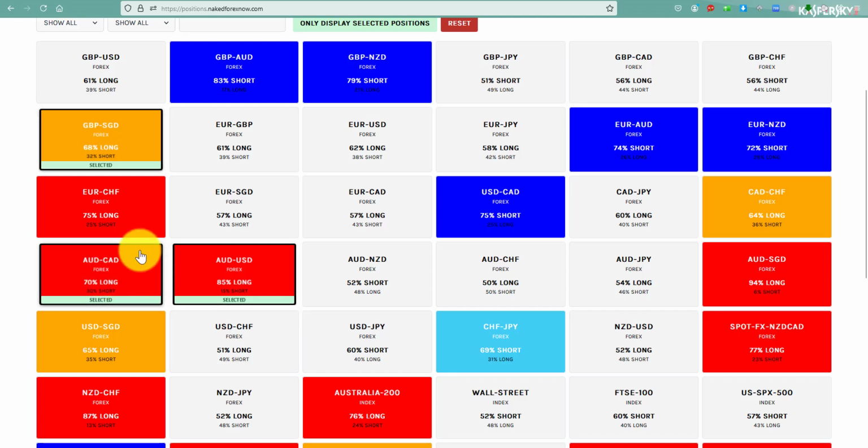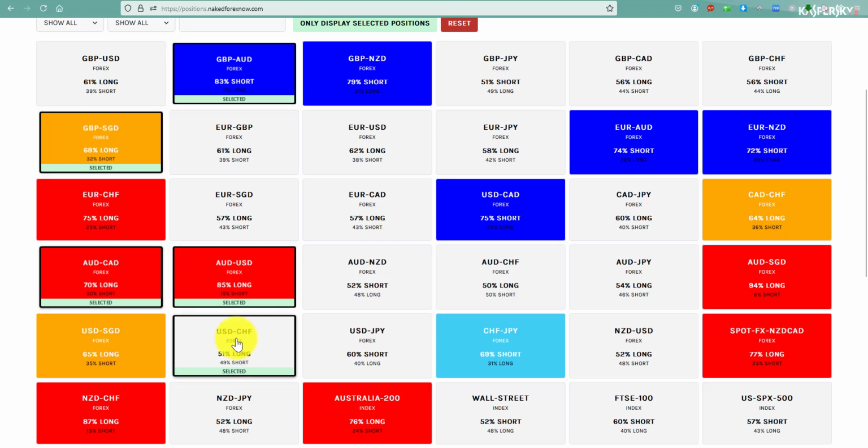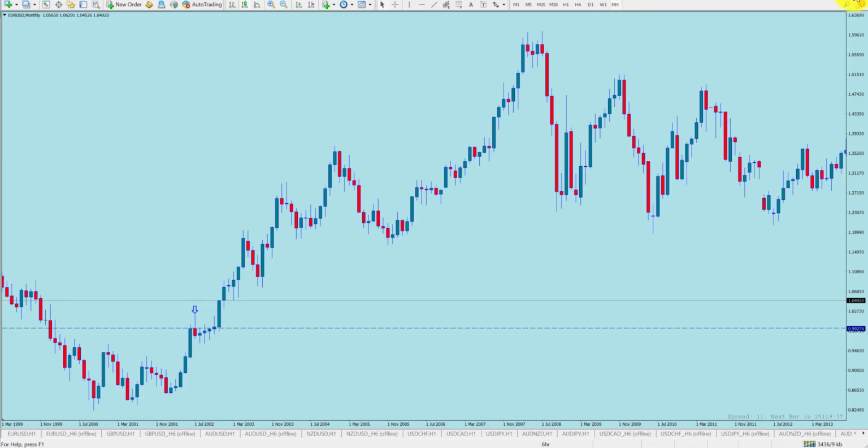Now, I will admit that about 1 out of 11 times you will notice that these numbers are out of whack, and yet the chart's going the other way. So in other words, you see the pound Aussie, everyone's short the pound Aussie, and the pound Aussie is going lower. Actually, I'll tell you an example. We recently had that with the Swissy. The Swissy was red for weeks, and yet it was marching higher and higher.